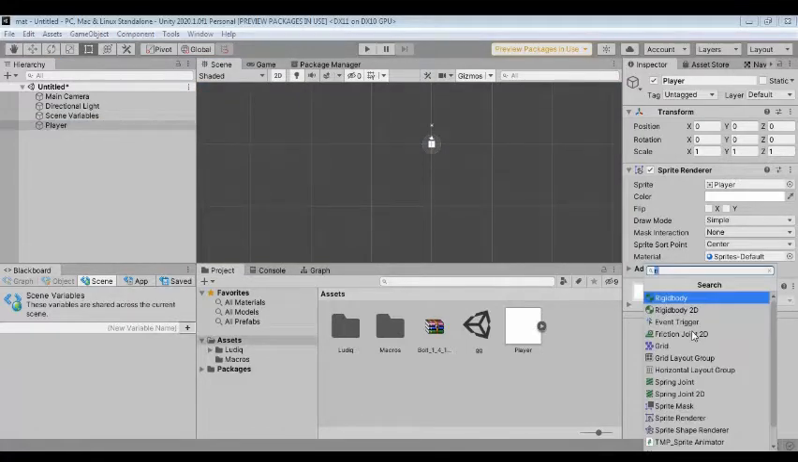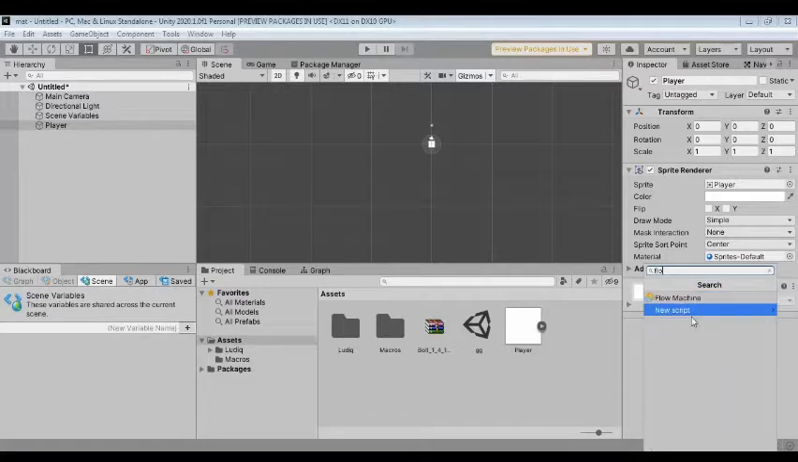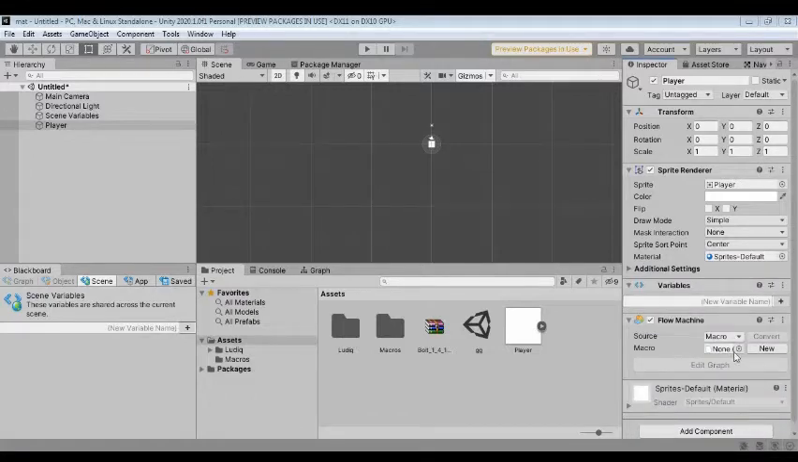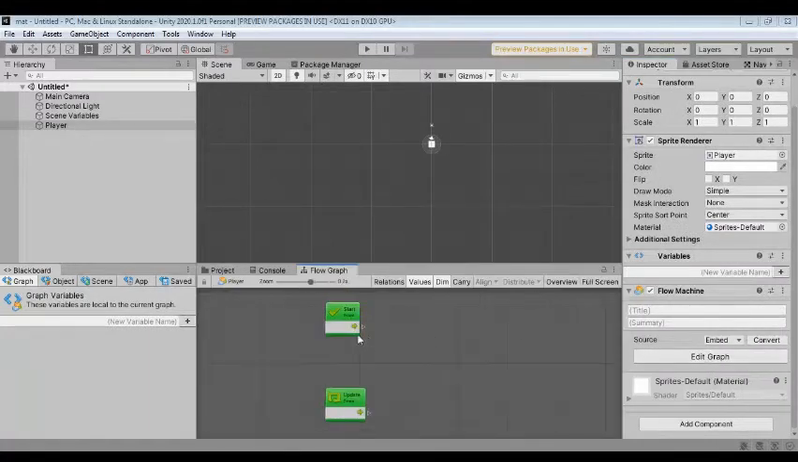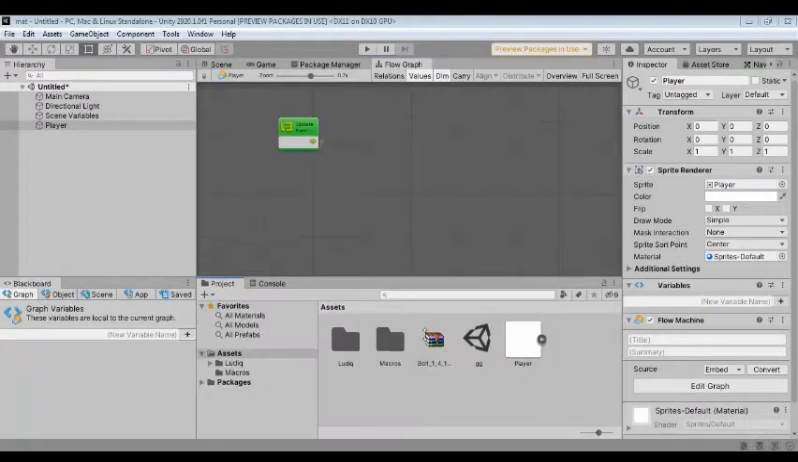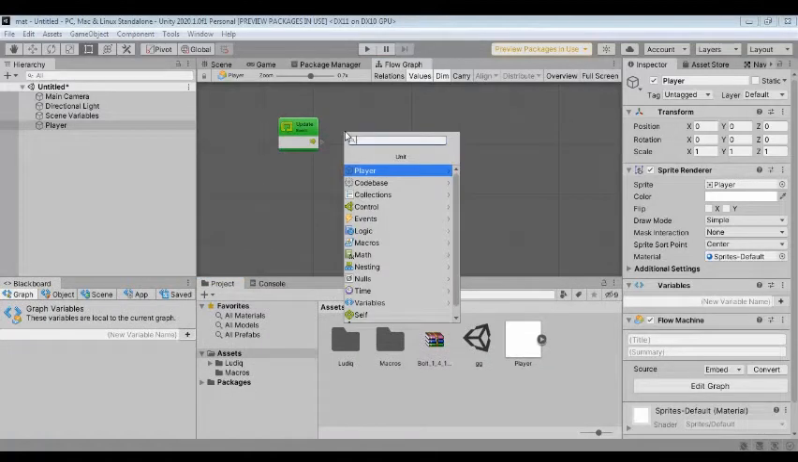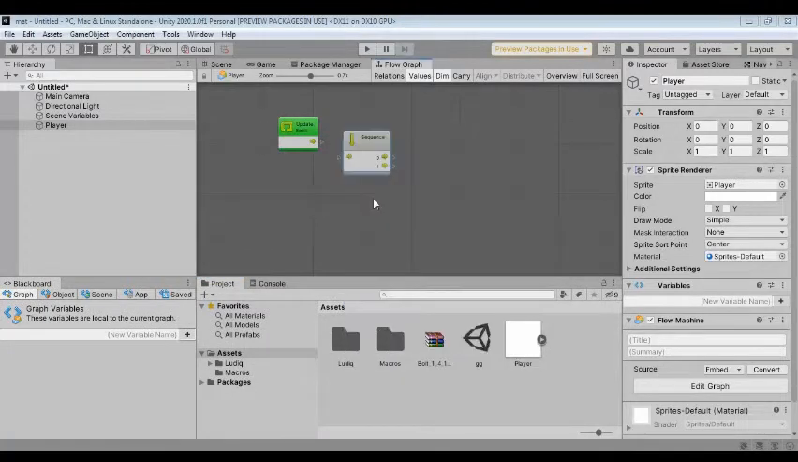add component, flow machine, make it embedded and then click on edit graph. Delete the start, then drag it to the top. And now create a sequence, connect the sequence with the flow,